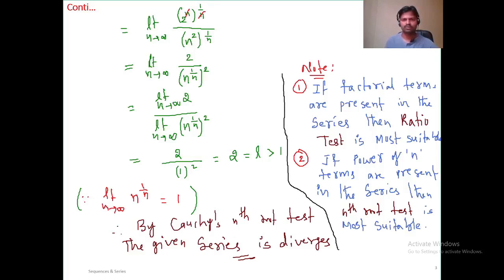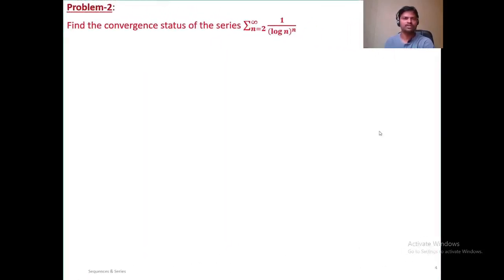By looking at the problem we can realize that. If nth power and factorial both are present, I will tell you with one of the problems. Okay, continuation. Next problem: find the convergence status of the series, n running from 2 to infinity, 1 upon ln n whole power n. Look, power n terms are present. Then the most suitable method is